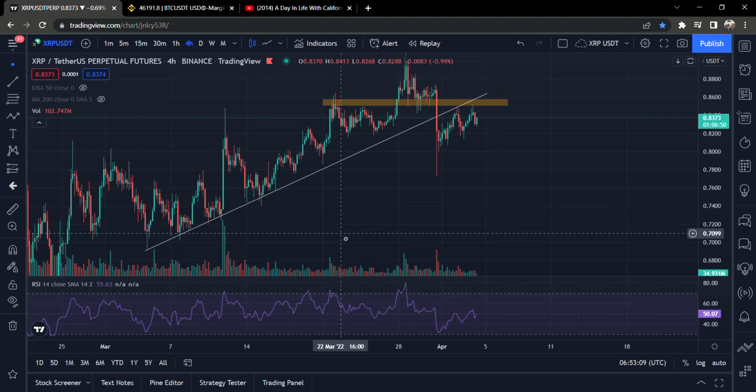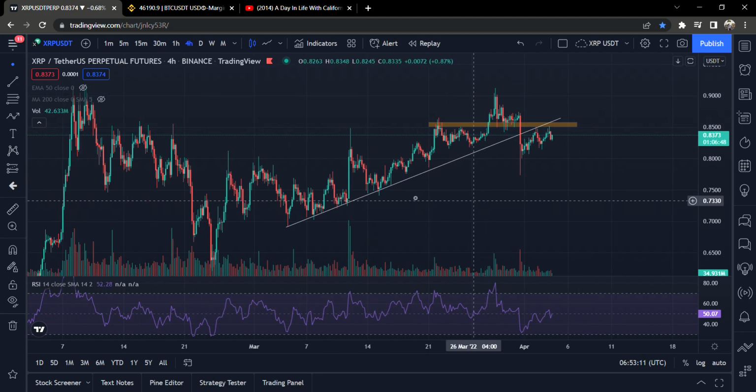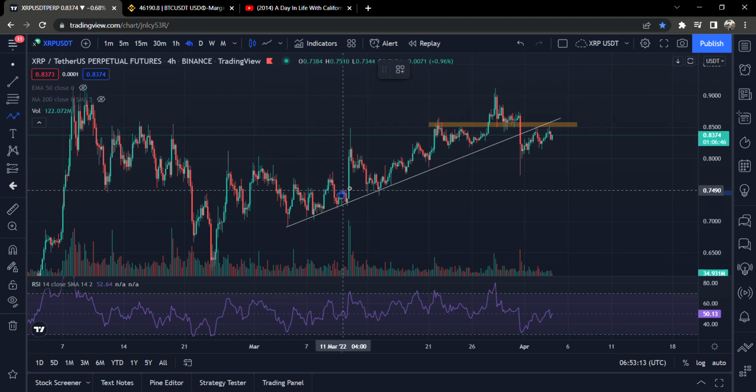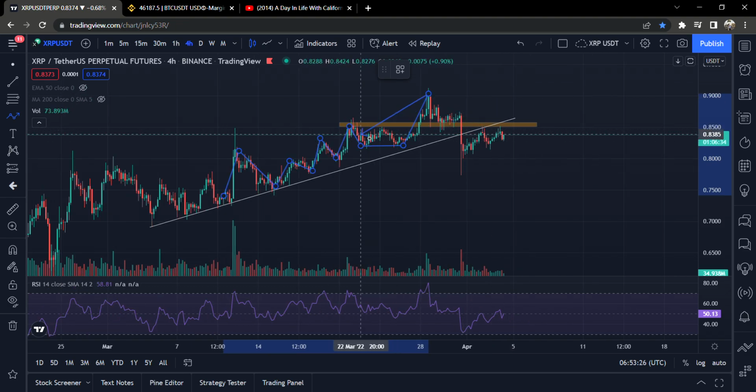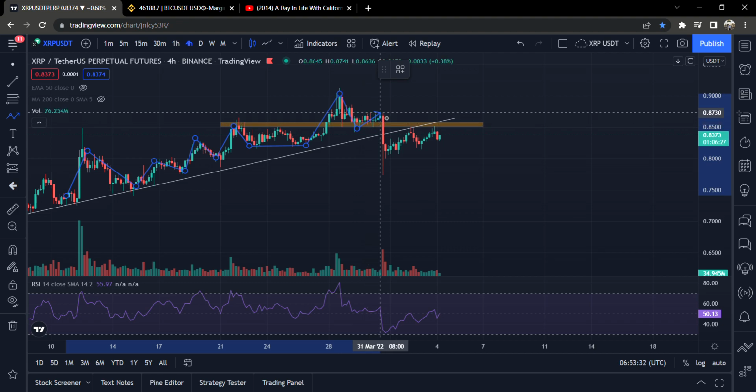You can see this structure, and this whole structure was in a bullish move, right? You can see this higher high, higher low, higher high, higher low, higher high. This was a higher low, and it again made a higher high, and it made a higher low by giving this, this was a resistance which it broke and it came to this support zone, and it made a support. It was trying to go up, but it failed to go up and made a lower high, which